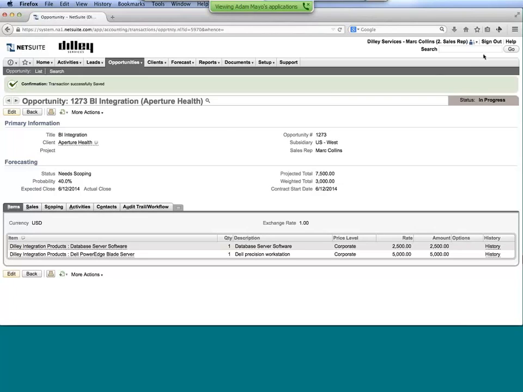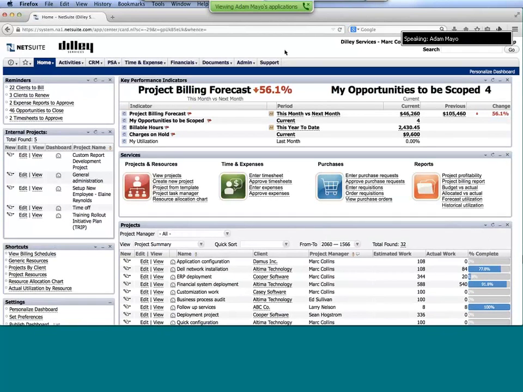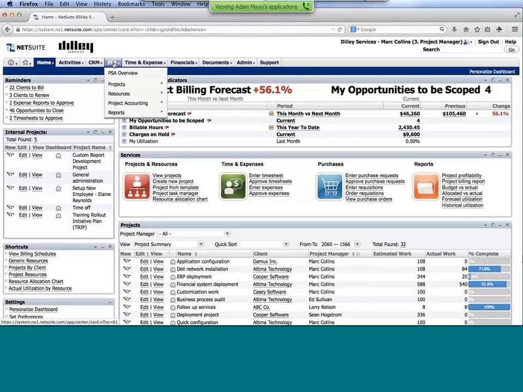So let's switch gears. I'm going to now navigate over into our project manager role. And again, one thing just to point out, not to sound like a broken record, but you'll notice that the tabs, the view, the dashboard is all specific to now more of a project management function. Up on the top here, I do have access to some of the CRM menus, but I have my full professional services automation where we're going to be doing project management, resource management, accessing time and expense, related project financials that would be applicable, that sort of thing.